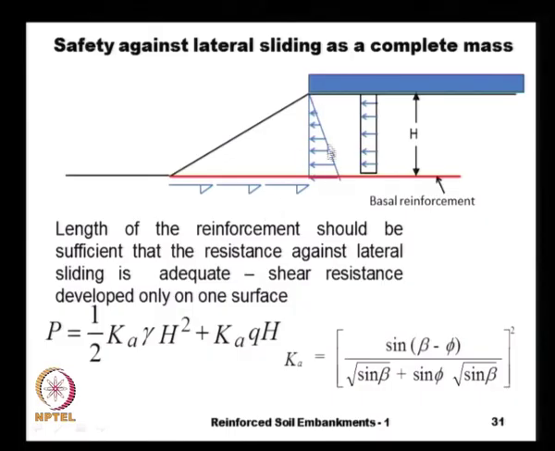because of the different forces, the triangular distribution of forces because of the self weight, and this rectangular distribution of forces because of the uniform surcharge. And in these calculations we see that the shear resistance is developed only on one side, on one surface, and this lateral force P that is trying to push our slope away from the rest of the soil mass is 1/2 Ka gamma h square plus Ka times QH, which is the same as earlier, except that the Ka here is different